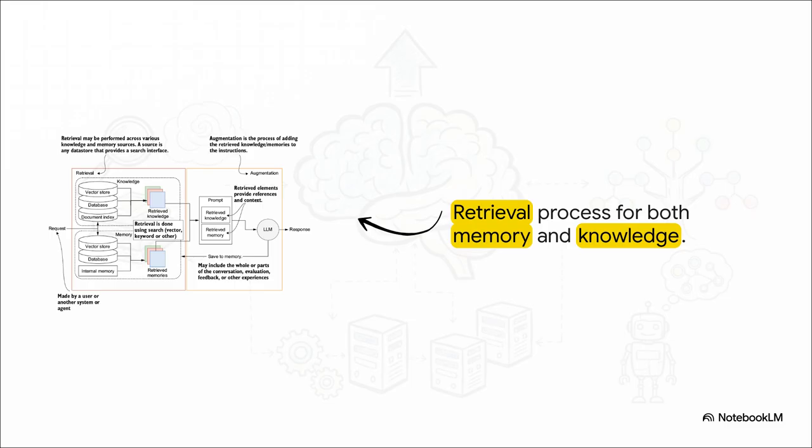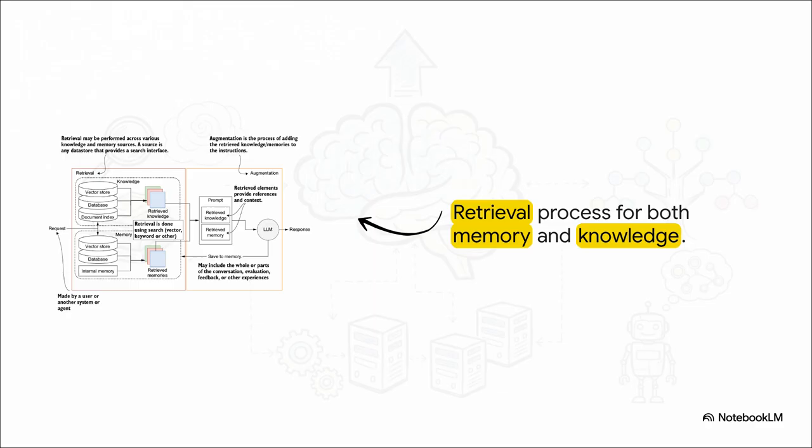Both static knowledge and dynamic memory actually utilize the exact same underlying mechanism. When a user interacts with the system, both the external document indexes and the internal personalized databases are queried simultaneously. The results from both streams are pulled directly into the prompt augmentation stage together. This gives the language model both the broad external facts and the highly specific internal personal context, blending them seamlessly